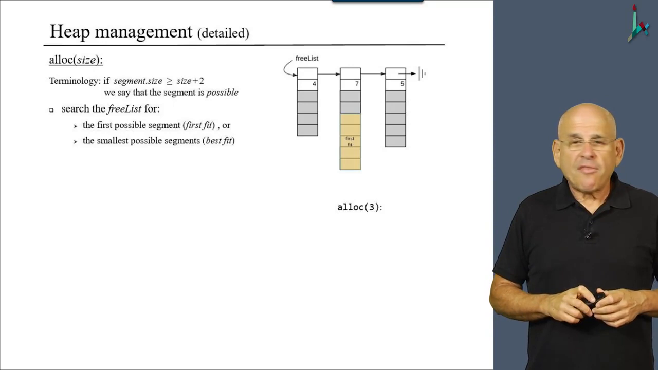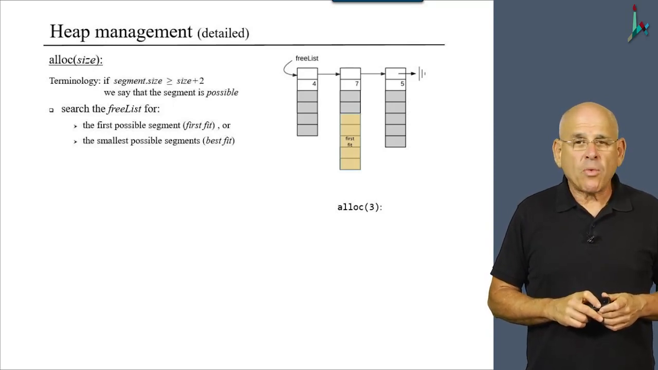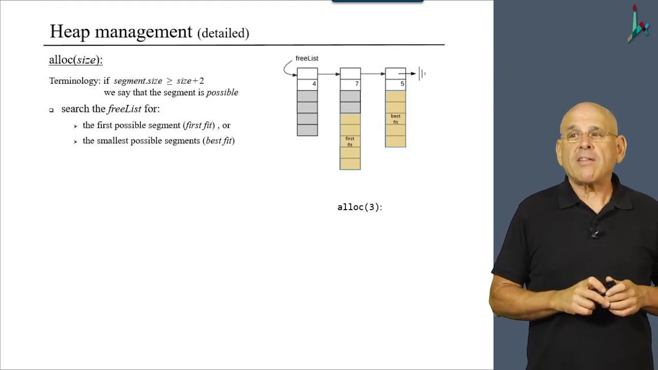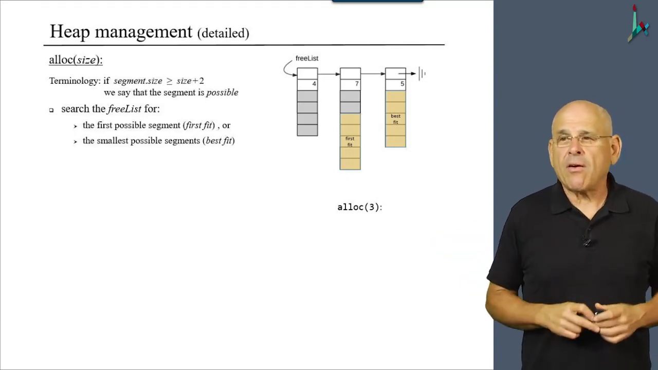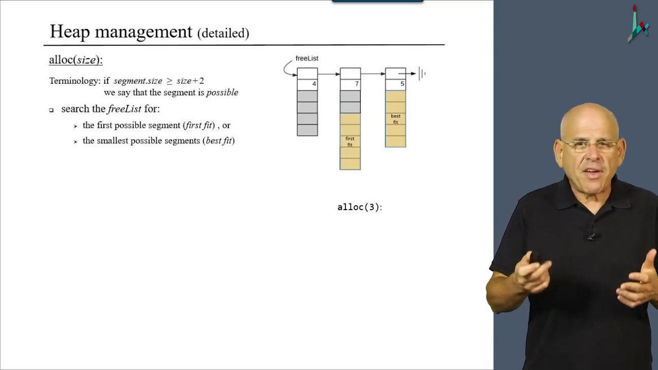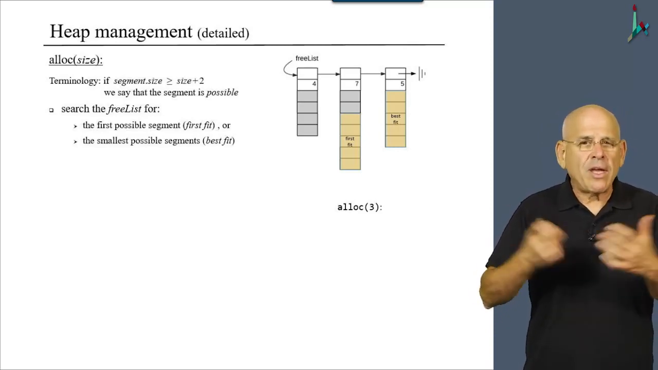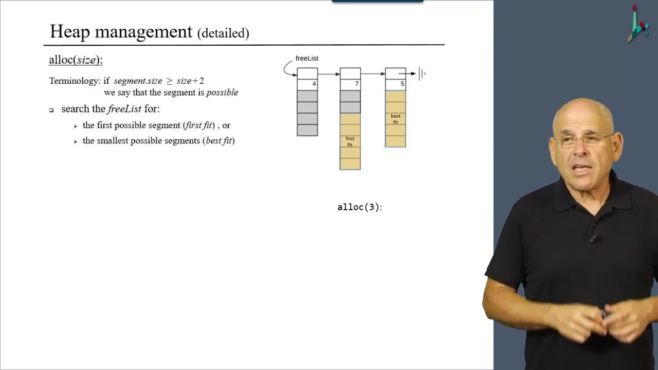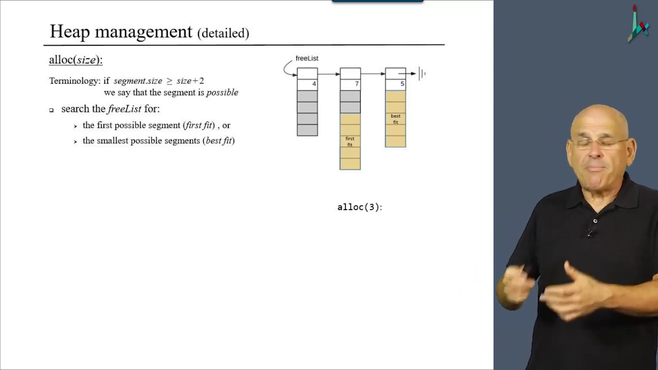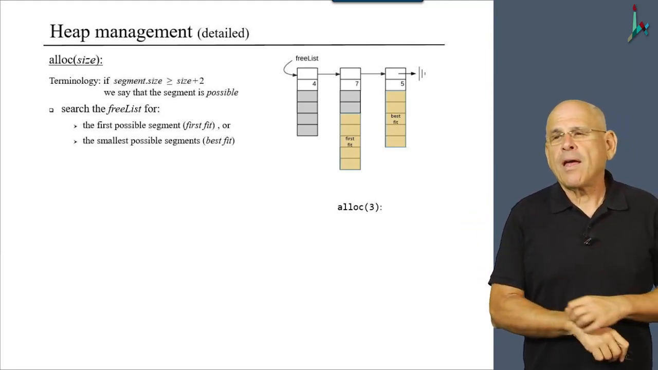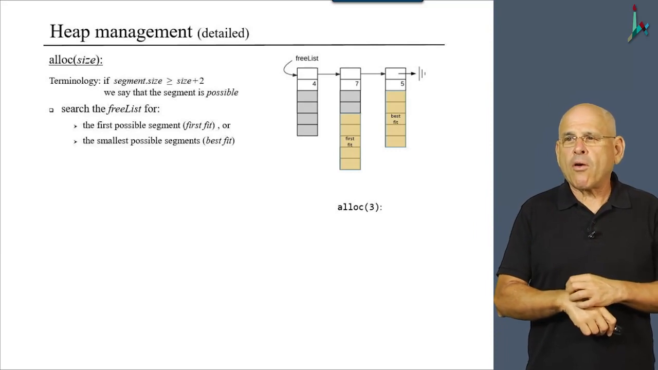So here is first fit. In this example, it will hit on the second segment, and best fit will happen to hit on the last one. Now, the benefit of first fit is that it's kind of a greedy algorithm that gives you an answer as quickly as possible. The benefit of best fit is that it manages the linked list in a more efficient